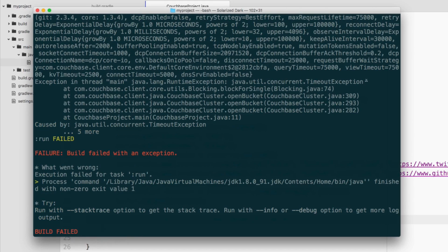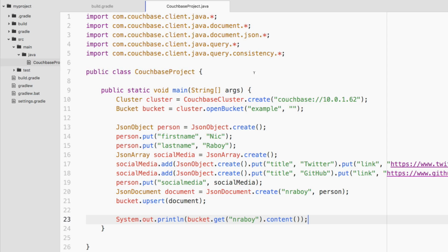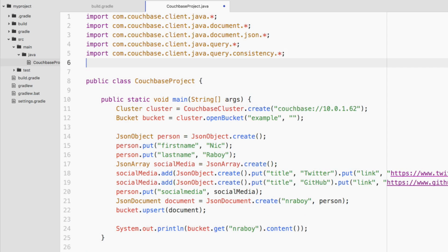So it looks like we're experiencing some kind of timeout, trying to establish a connection to our bucket. I am using Couchbase Server on a different machine. And you know what? This other machine could be having issues, so maybe we want to extend the timeout just to be sure. So let's go ahead and add a few more things. We're going to import the following. Import com.couchbase.client.java.env.*